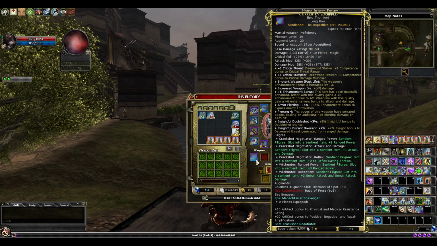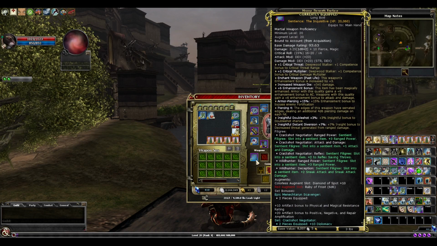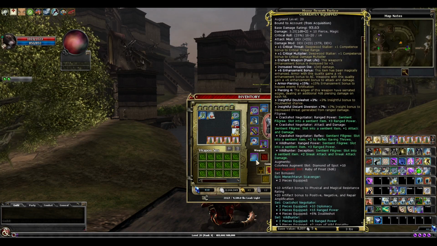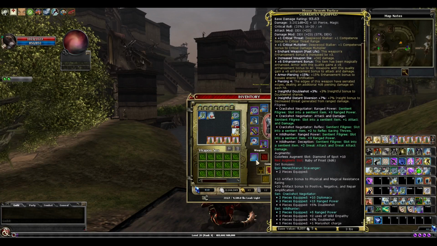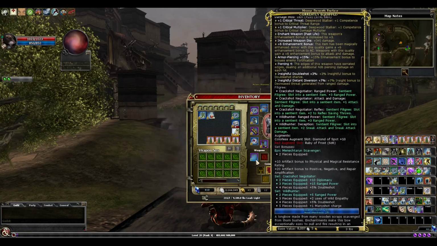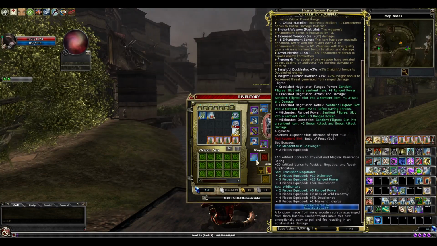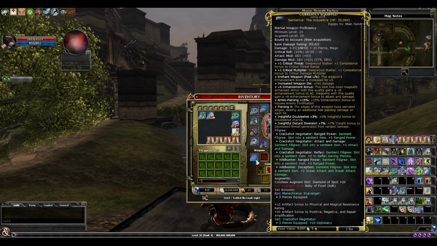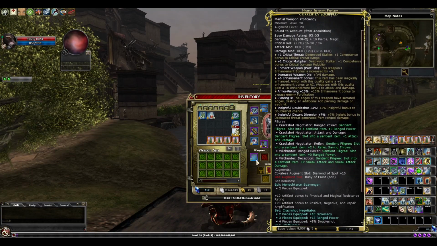Really nice beginning 20 bow, and I'm going to keep this in a safe place. If ever Red does another pure bow life, this will absolutely be the way to go. We've slotted, you can see at the bottom there, a diamond of spot to help out with the trappy skills, and a ruby of frost, because it seems like, I don't know how it is for you good folks, but